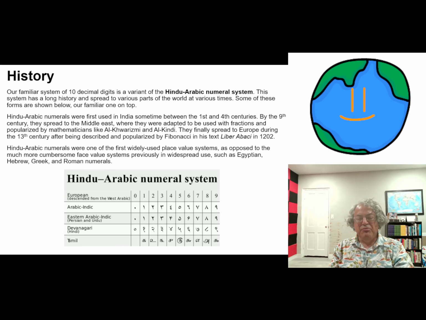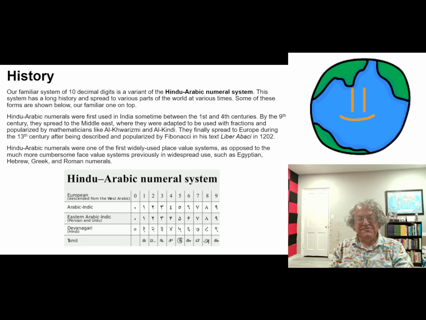There's actually probably better bases than base 10, like base 12. For a while, I think there are some people who have proposed we switch to base 12, maybe base 6 or base 60. But that's not really the important thing about the Hindu-Arabic numeral system. The base. What's more important is its place value, which means that